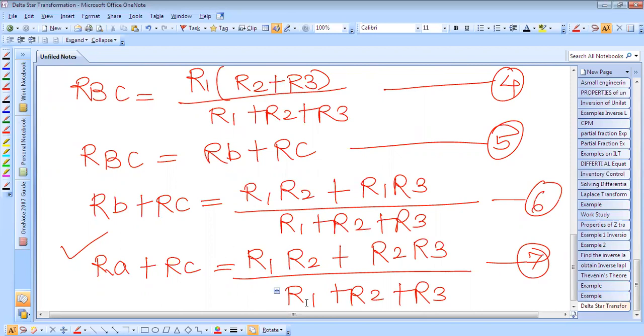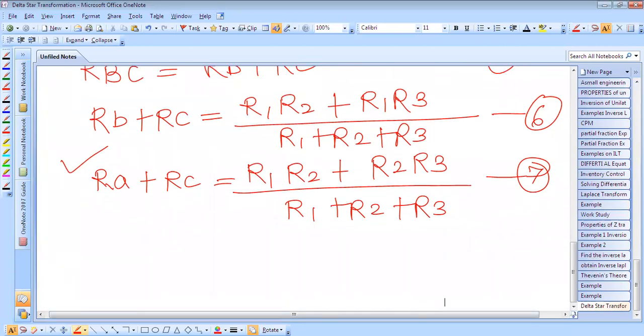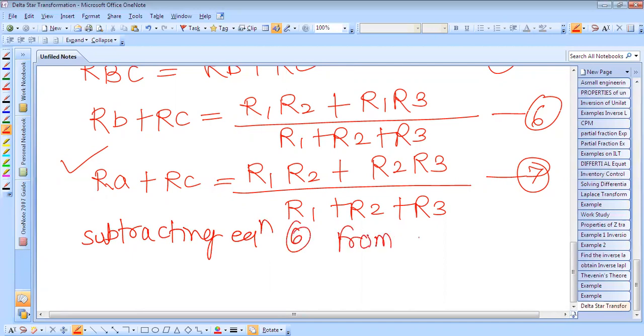Now first we'll subtract equation 6 from equation 7. Subtracting equation 6 from 7, we'll get